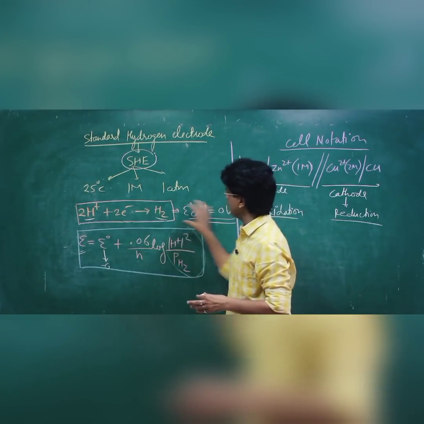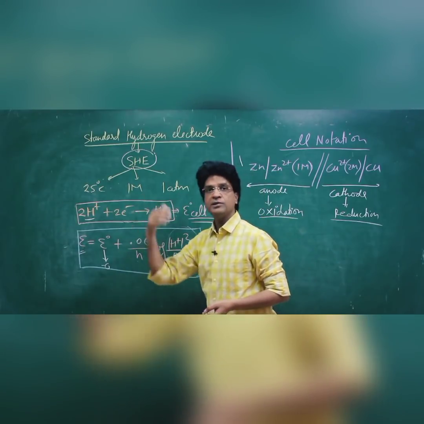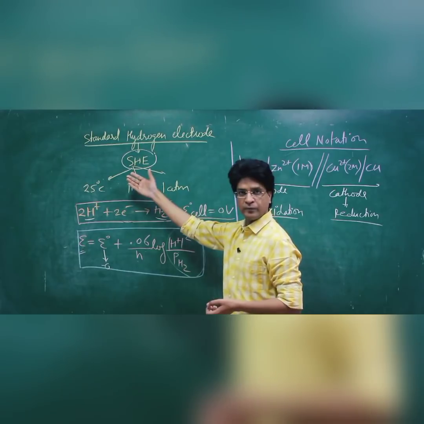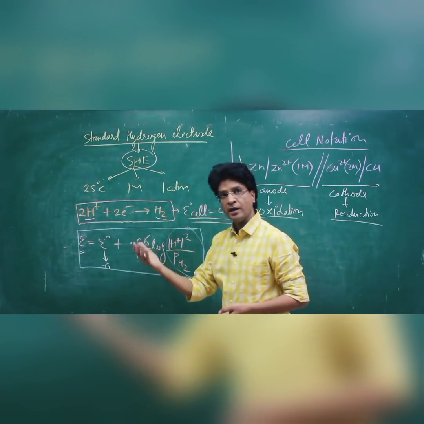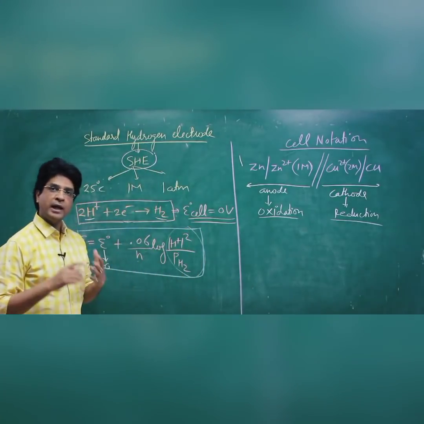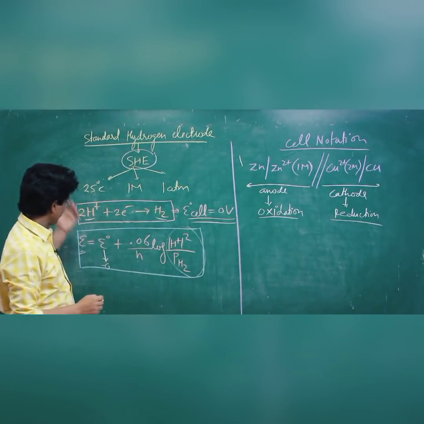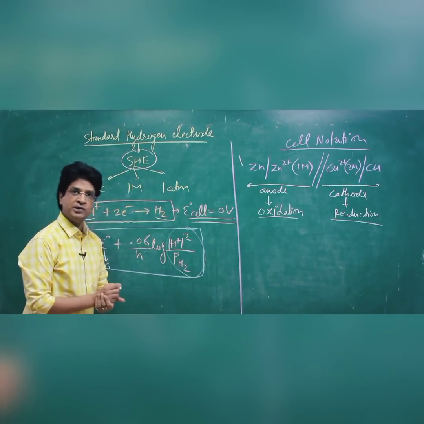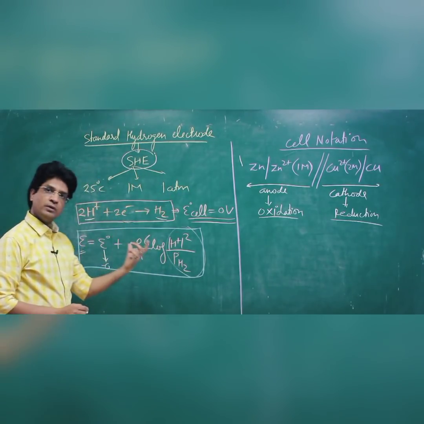Now, by assuming it to be 0, we have to measure the cell potentials of other elements with respect to SHE. Okay, so all the cell potentials are relative to SHE. Now, if we have to measure electrode potential of hydrogen at other conditions except standard one, we have to use Nernst